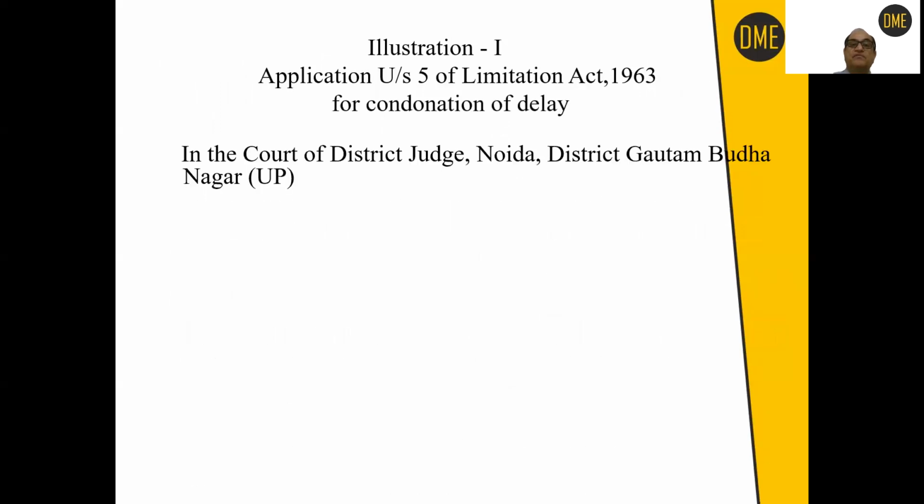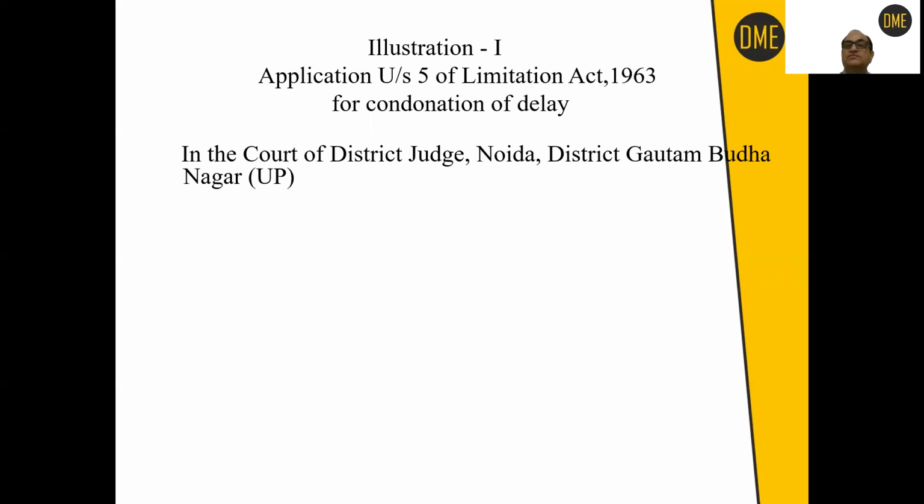Now we start drafting of an application under section 5 of Limitation Act. I have taken two illustrations in this lecture. The first illustration is before you, where we will learn application under section 5 of Limitation Act 1963 for condonation of delay. So first of all, the first principle of drafting is that suppose you have filed your appeal